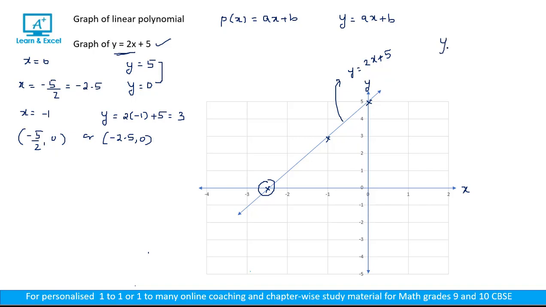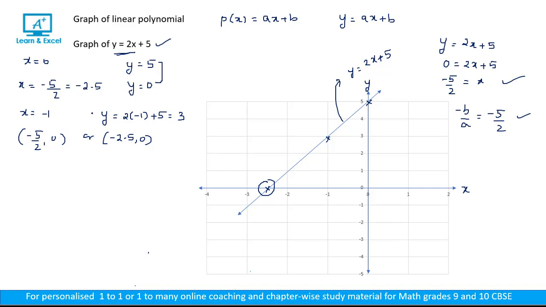Let us just take the equation y equal to 2x plus 5. For a linear equation, how many zeros are there? Yes, it has exactly 1 zero. And if we have to find the zero of the polynomial, then we are going to put y equal to 0. So 0 equal to 2x plus 5, and solving, we get x equal to minus 5 by 2. The zero of the linear polynomial can be found by using minus b by a, which is equal to minus 5 by 2. We can use either of these methods and find the zero of the polynomial.